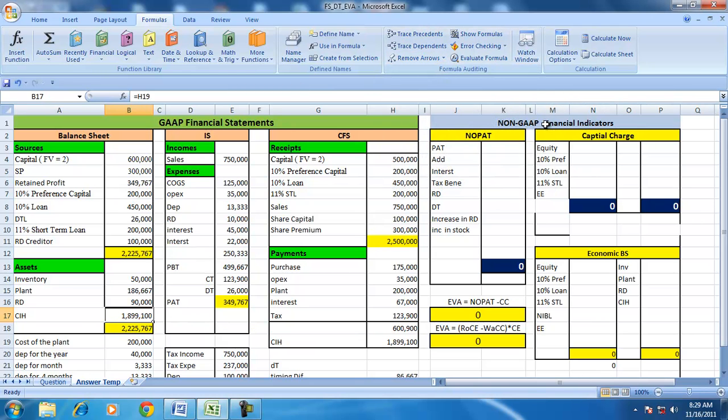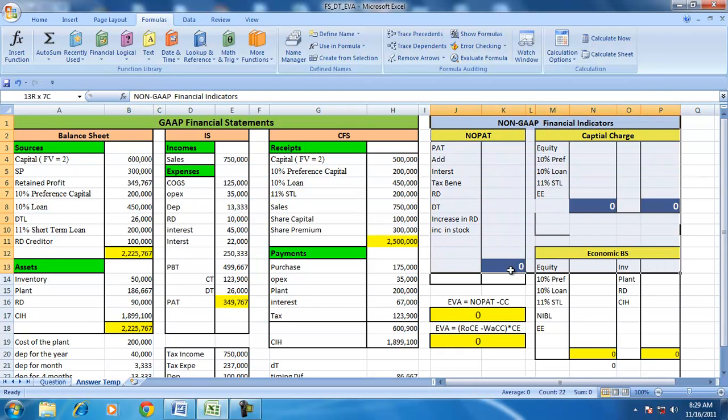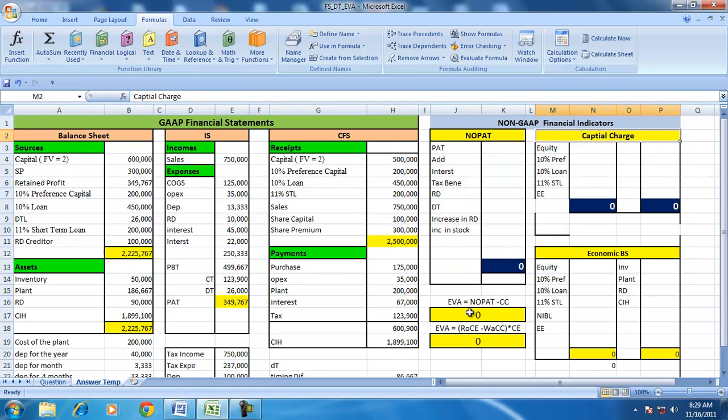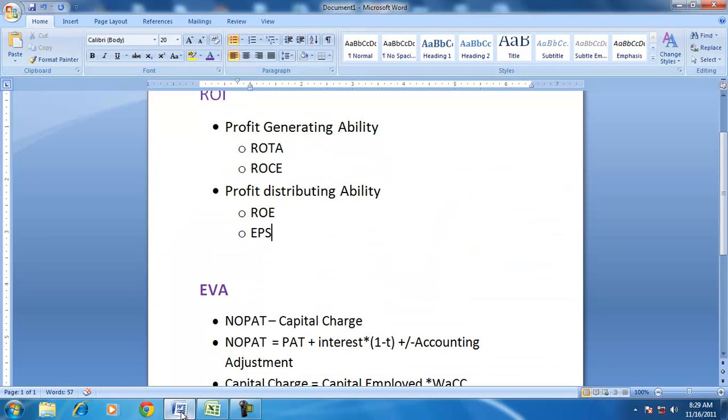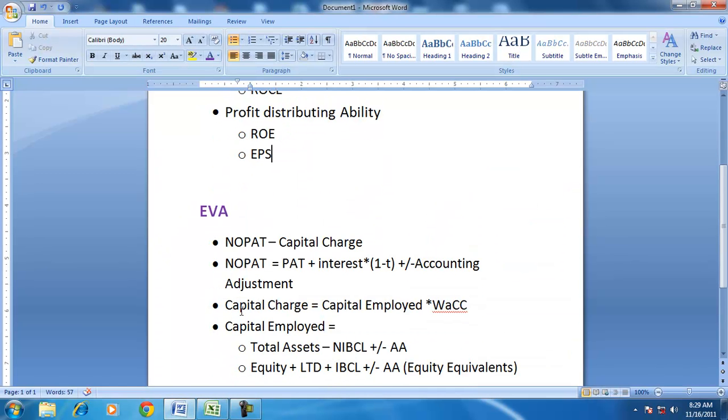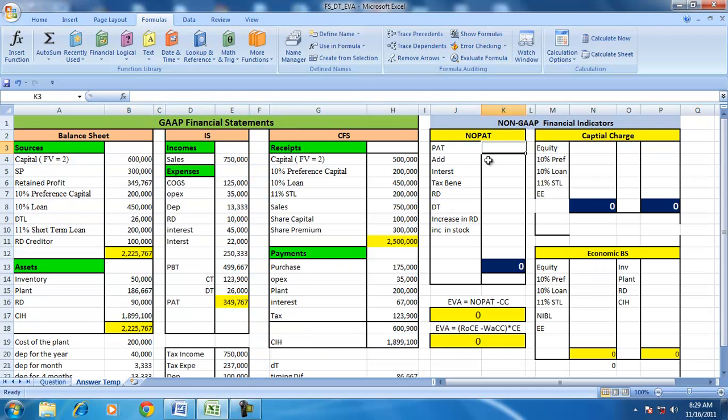So we are required to now find some non-GAAP financial indicators, and one of them is the NOPAT, capital charge. As a result, we can find EVA. As we mentioned here, NOPAT is an adjusted PAT, adjusted for interest and accounting adjustments. So the PAT here is 349. We take interest, which is 45 plus 22. We add back the interest. Then the tax benefits of that